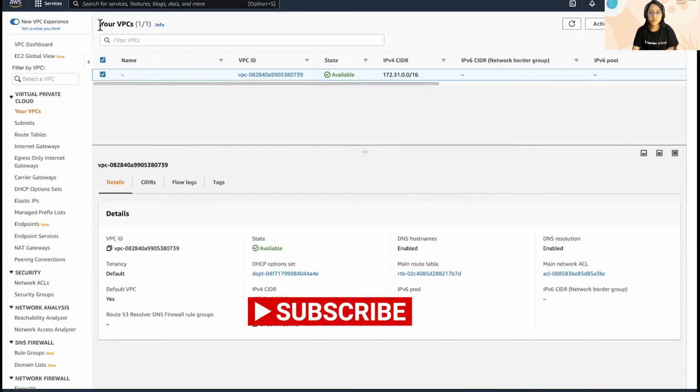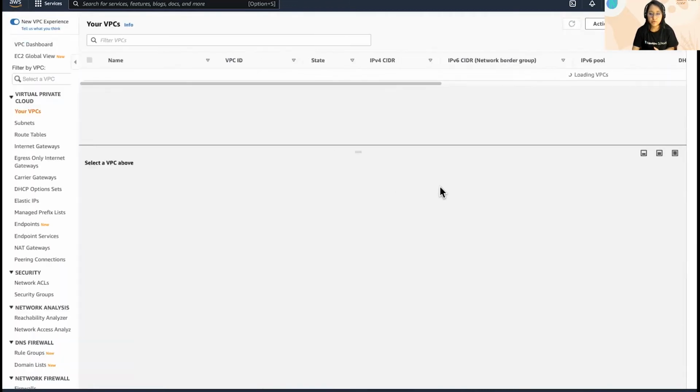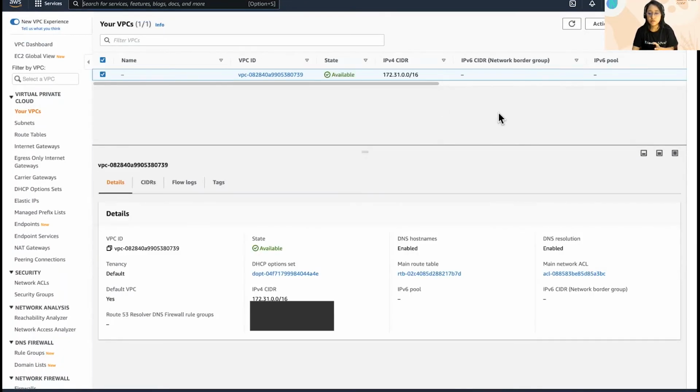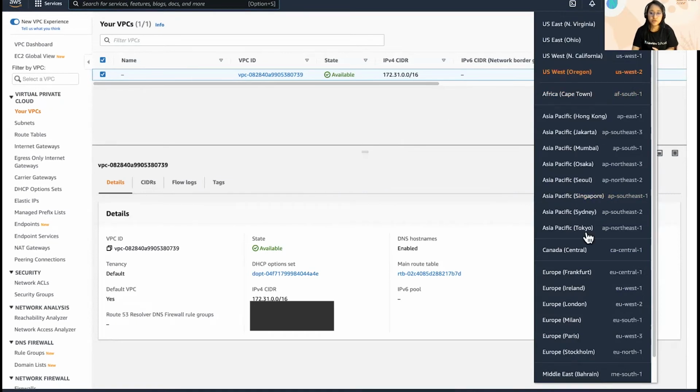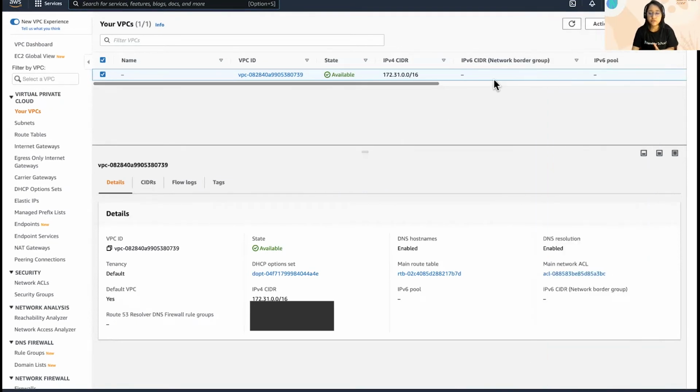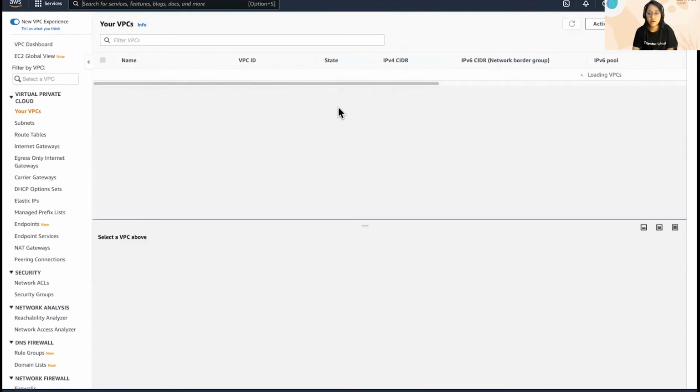You will land into this page, your VPC page, where you can see all the VPCs inside this region, and you can click on create VPC. Now before creating this VPC, I wanted to mention one thing: if you go to any region, you would find that there is a default VPC that you can see here. I didn't create this VPC, but it is still listed here, right? And if I go to any other region, I would find one VPC listed there, which I didn't create either.